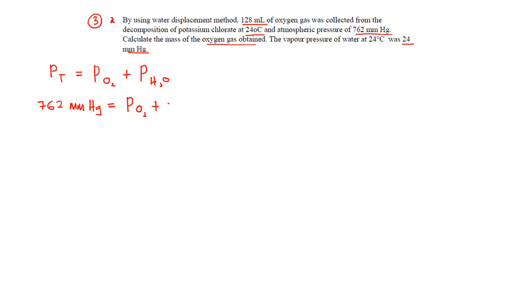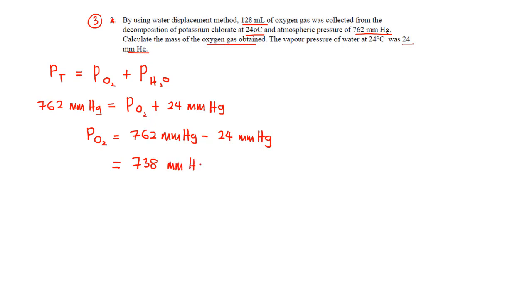And then the vapor pressure of water is given as 24 millimeter mercury. So solving this will give you the pressure of oxygen gas as 762 millimeter mercury minus 24 millimeter mercury. Should get 738